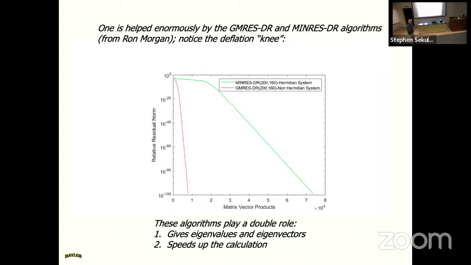Here is a system. This is called the deflation knee, and it speeds things up. What's happening there is all the low eigenvalues and eigenvectors of the system have been deflated out, and then you get exponential convergence after that. After you found those low eigenvalues and eigenvectors, you just reuse those. You actually over-converge on the first right-hand side, and that allows you to amortize that work over many right-hand sides and speed up your system. So the nice thing about deflation is you get a double whammy from it. It gives eigenvalues and eigenvectors that are useful for reducing error bars, but it also speeds up the calculation in a